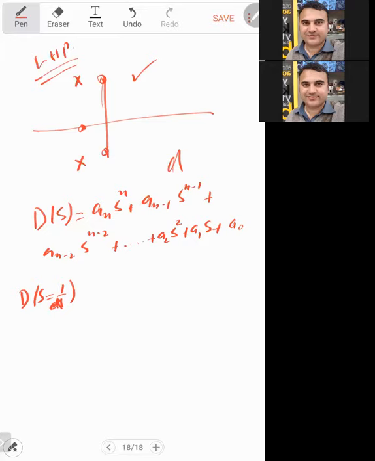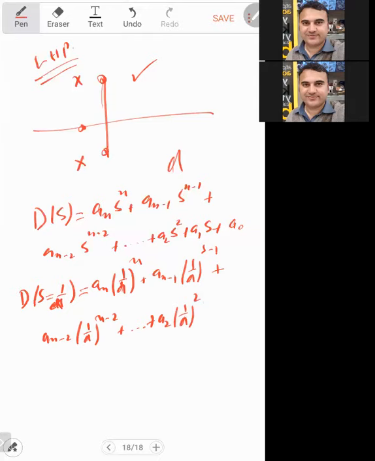So you derive a n times 1 over d power n plus a n minus 1 times 1 over d power n minus 1 plus a n minus 2 times 1 over d power n minus 2 plus, in the same fashion, a 2 times 1 over d squared plus a 1 times 1 over d, and then we have a naught. If you multiply this expression with d power n,